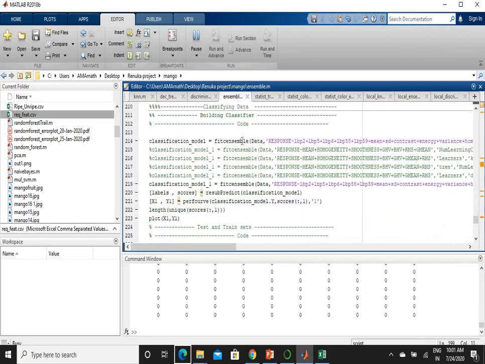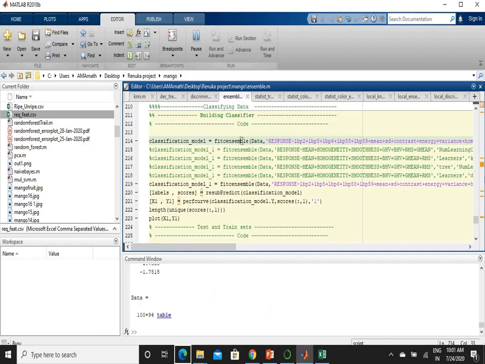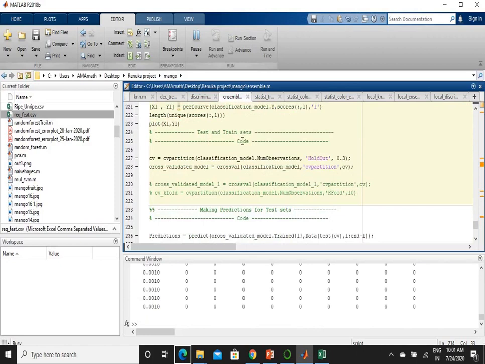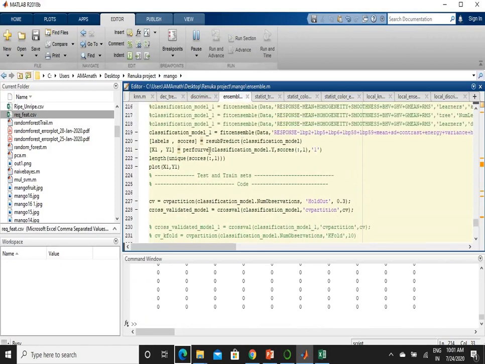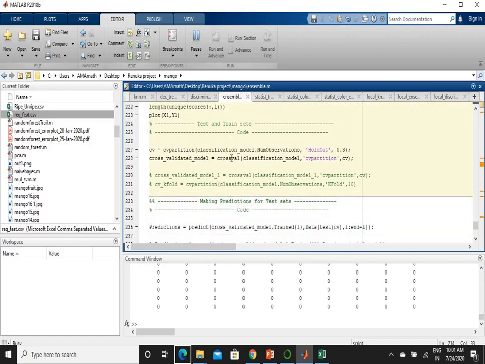Then I am building the classifier using fitcensemble. First is the function used to get the ROC curves. After that, I am evaluating the test and train sets using cross validation.